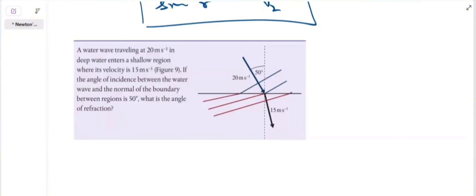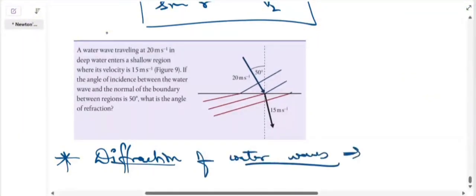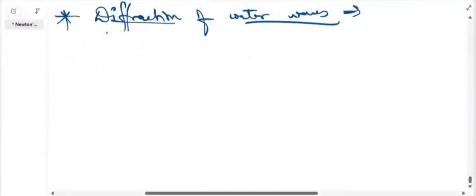No. Basically, the bending of the waves at the corners whenever it passes through any slit is known as diffraction pattern. Okay. Suppose it is passing through any slit. Let me show you that part also. And here we are only discussing right now about the water waves, which behave like both longitudinal and transverse. Clear? Yes, ma'am.